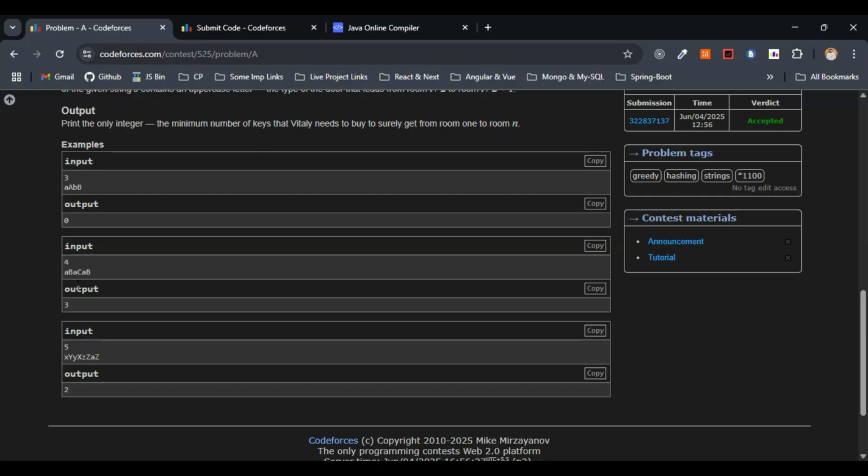We have AC and AB. So here the number of keys that we need to buy is 3 in this case, right? So here same thing, I can just write out in the same way. Here 5x, y, yz, zz and az we have. So the number of keys that we need to buy here is, in this case, they have given quite obviously